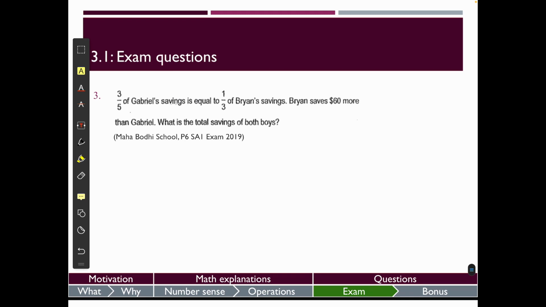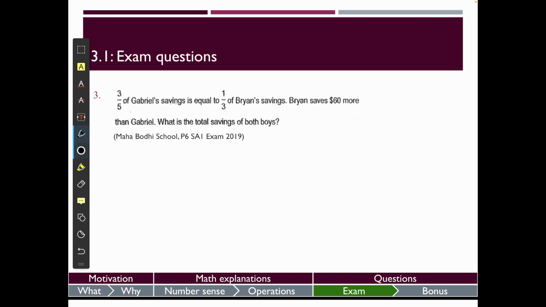So final exam question. 3/5 of Gabriel's savings is equal to 1/3 of Brian's savings. Brian saves $60 more than Gabriel. What is the total savings of both boys? Let's use the model method, okay? So let's say Gabriel. Let's divide his savings into 5 parts. Brian, so